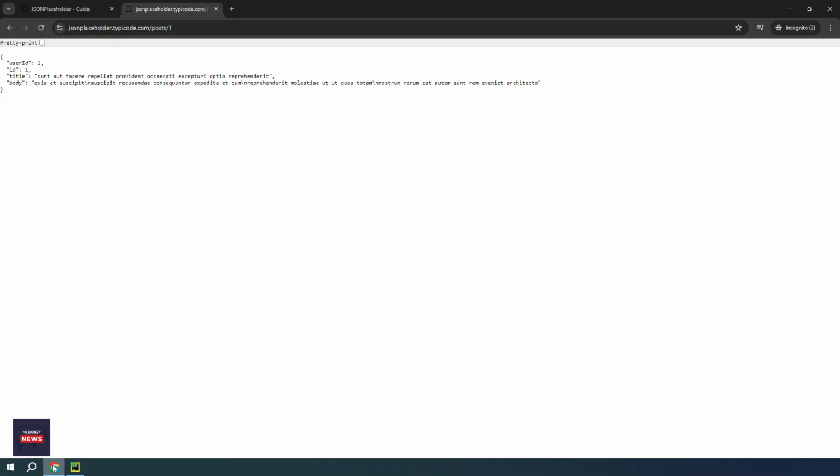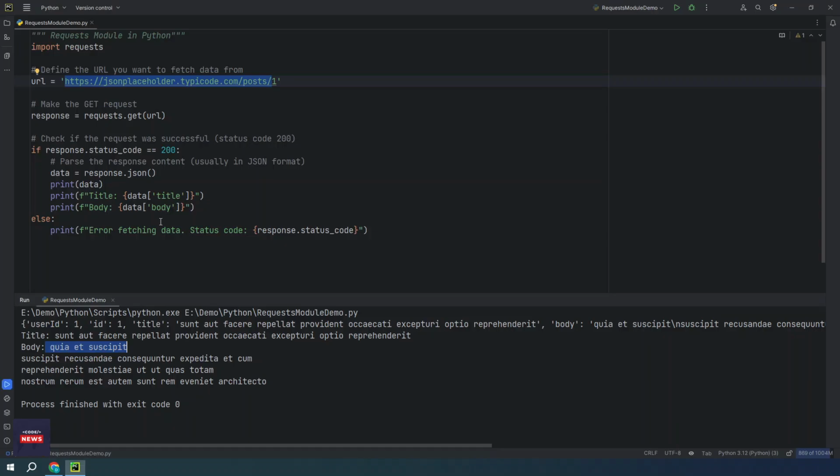You can see the title is this and this is the body. This is a complete object which we get in the response. So it is very simple to perform an HTTP request with the help of this module. This is a simple get request and we are getting the data.